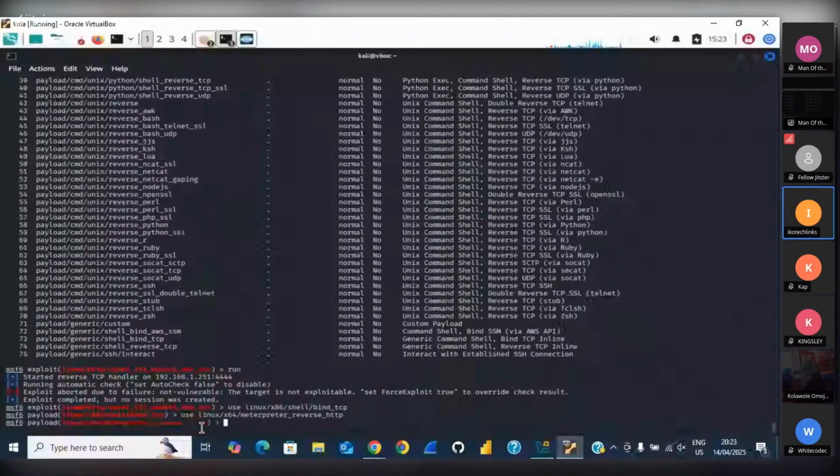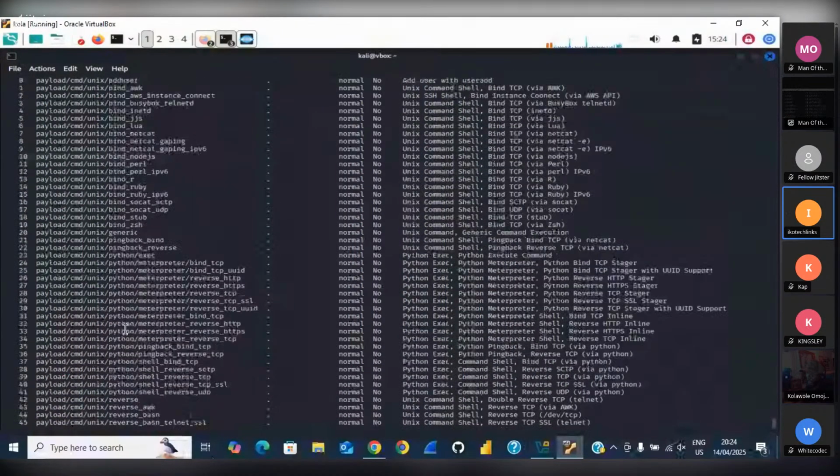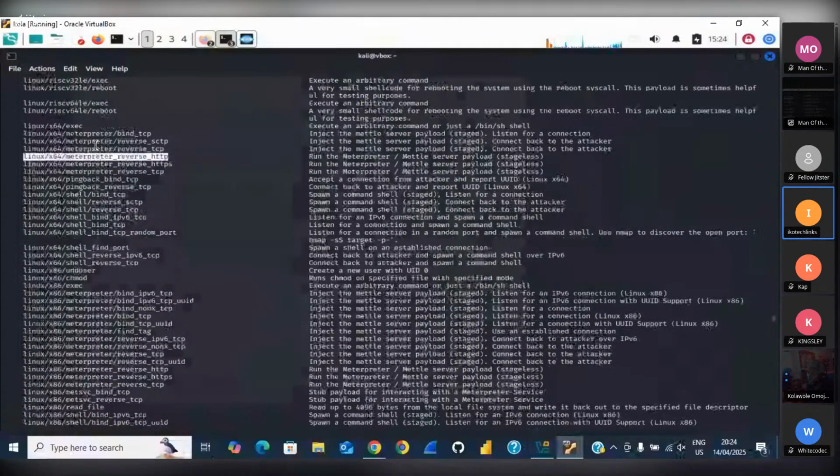So you can see that it has the right payload: linux/x86/x64/meterpreter_reverse_http. Can you see now that I have put a payload there? And that payload is not available in this particular